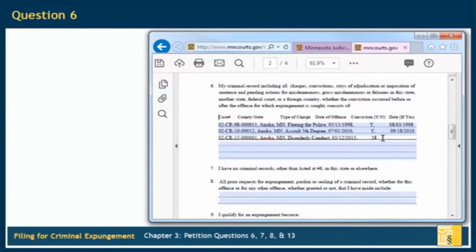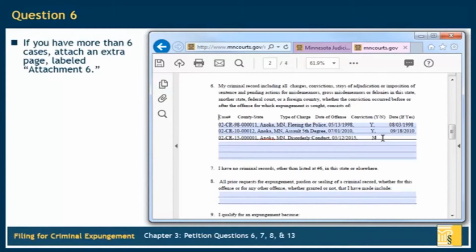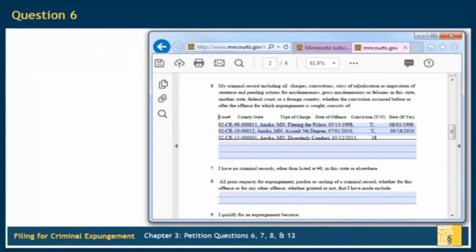If you have more than 6 cases, you will need to attach an extra page with the remaining cases. Label the extra page attachment number 6 at the top, and remember to fill in See Attachment somewhere near question 6. You may have trouble finding the information on the printouts or not be sure if you are looking at the correct information. For questions about Minnesota cases, you can contact the court in the county where the case happened,